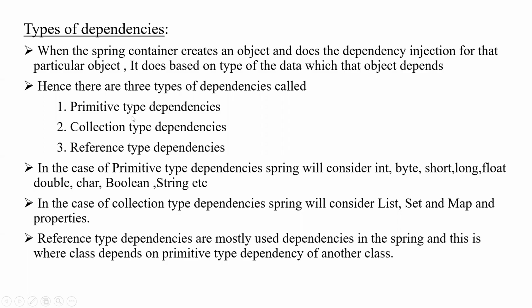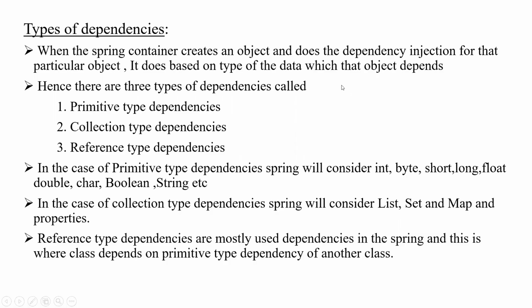You can inject primitive type dependencies. You can also inject collection type dependencies, meaning list, set, and map. And you can also inject reference type dependencies. Guys, reference type dependencies are the most used dependencies in the Spring framework. Reference type, as I have told you, for example if you have class A and class B, and your class A depends upon class B, then at runtime,